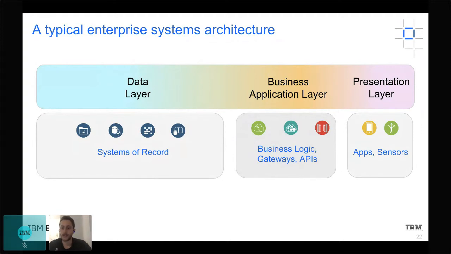So that has to do with everything that deals with connections. So your APIs and gateways that pull data and connect the front end and back end. It has your business logic, like your smart contracts that tell you exactly what rules are and aren't allowed, who can make certain transactions, who can't. And then you have your last layer, which is your data layer. And that's your system of record. So that could be your database, your blockchain, generally known as the backend system of where you keep all of the essential information and data that you plan to use and that you need in order for your application to function.